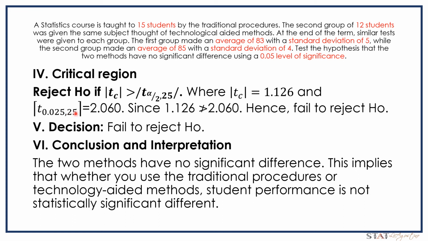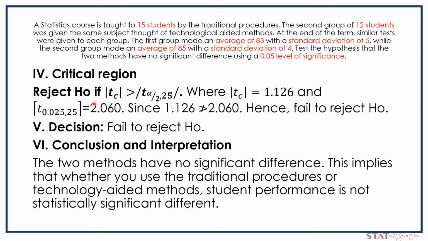Degrees of freedom is our total number of samples minus 2. In one group we have 15 students and in the second group we have 12, so 27 if we add them, and then minus 2, that is 25. Then the critical value is from the table. Later I will show you how to find this critical value. It is 2.060. So since 1.126, the value from our t computed, is not greater than 2.060,